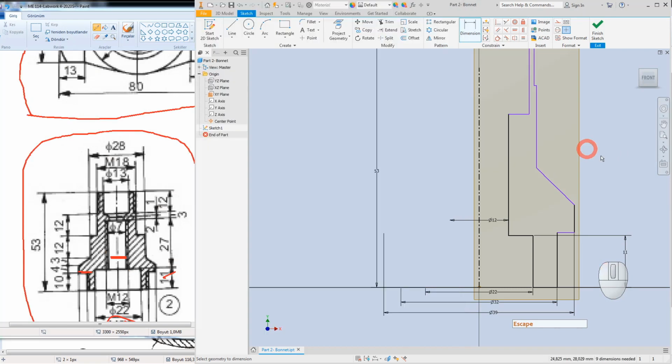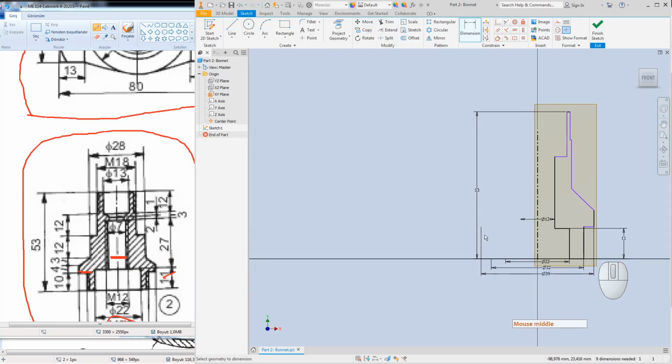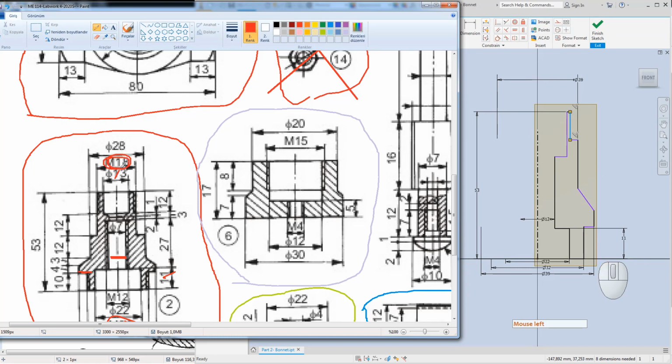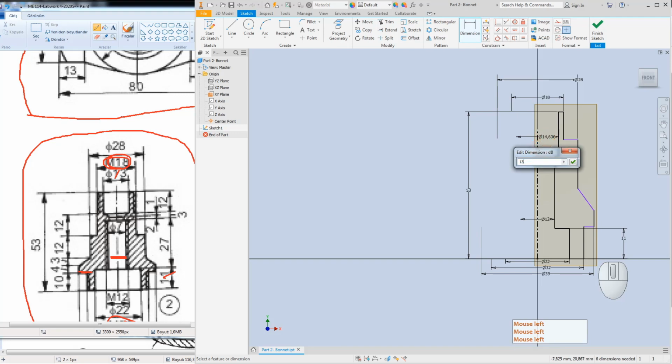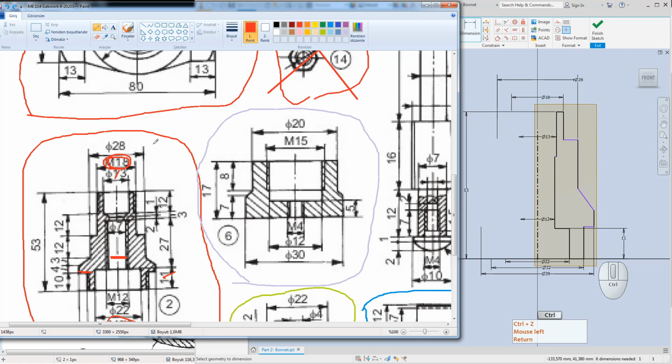Top side, we have 28, which is this one. I'll define this dimension 28. Again, I will define 13, which is inside of this one, and also this figure. Also, I have 18 millimeter. 1 by 1. The first one, it is the 18. Just keep this dimension inside, and this is 13. I'll just undo